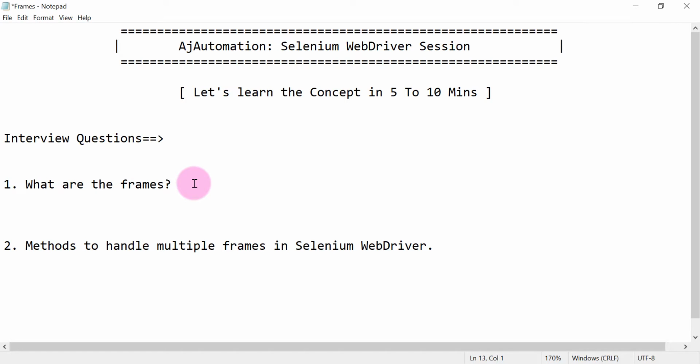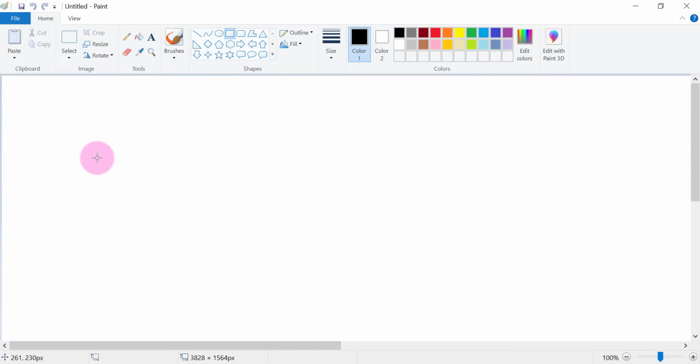Okay, so frames in HTML is nothing but the feature by which we can embed one web page into another web page. Okay, so in a web application we can have multiple web pages, right? There are 20, 30, 50 web pages. So if there is a web page that we need to show on another web page, right? So there are some reasons why we do that. So if I want to embed a single web page into another web page, then I need to use this frame concept. So let's understand with some diagram.